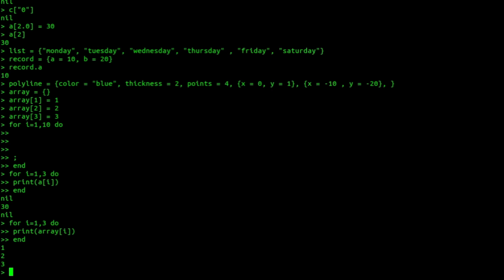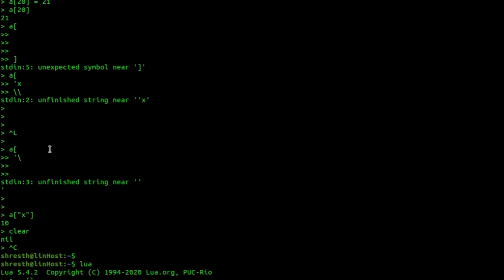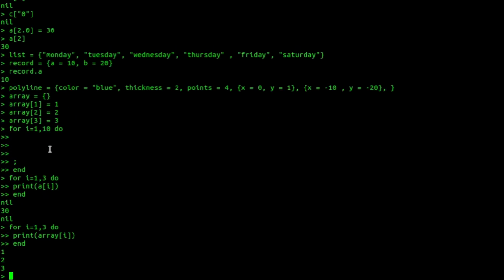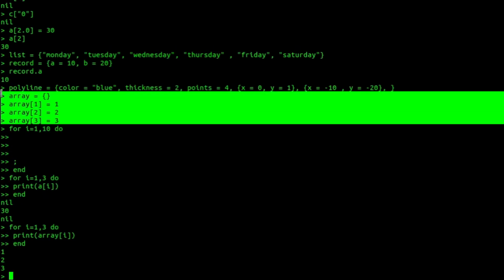To traverse table elements, we have a special function in Lua called pairs. Like here I have so many tables I've already declared. I'll use one of them, let's say array.